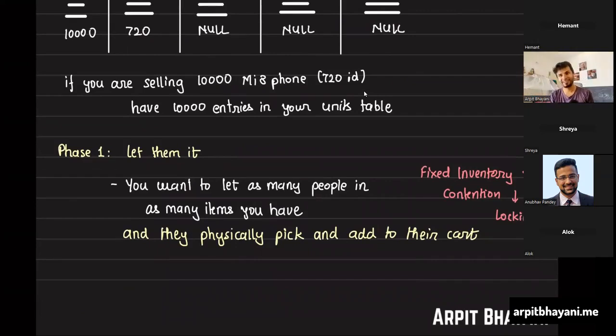Yeah. That's why I thought initially that I need 10,000 or whatever entries, maybe with a token ID 1, 2, 3. Like in real life, if you go to a flash sale, as soon as you enter the gate, they give you a token counter 1, 2, 3. Correct. And the problem is solved there only. Yeah, you can do that. But in that case, you might need to restructure a few bits of it.